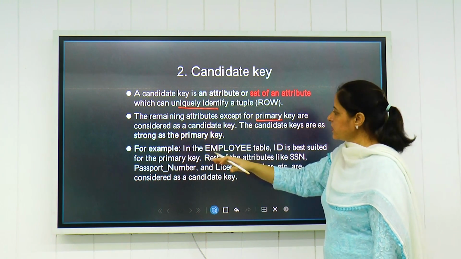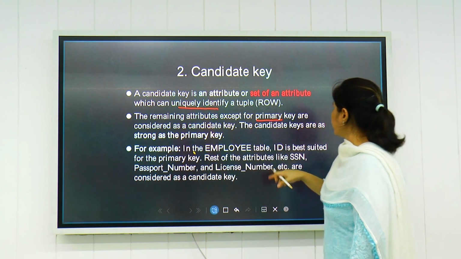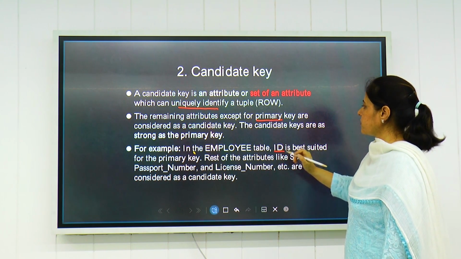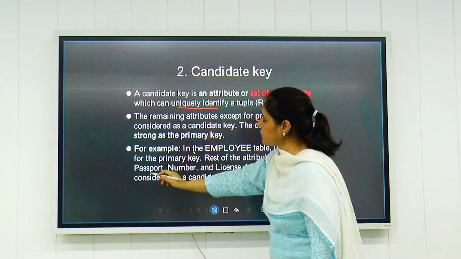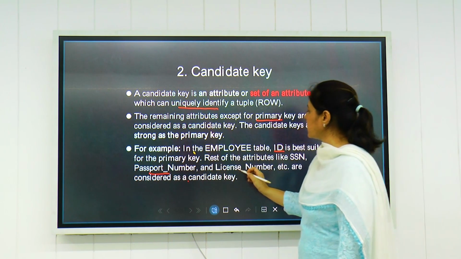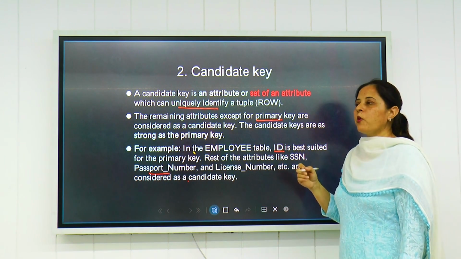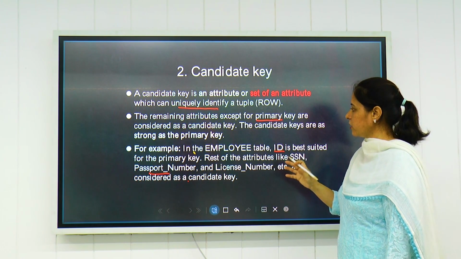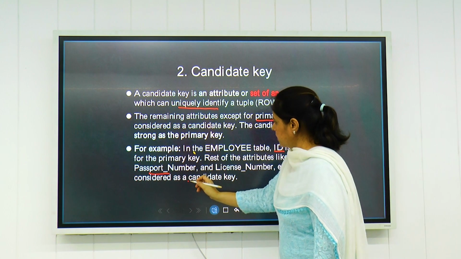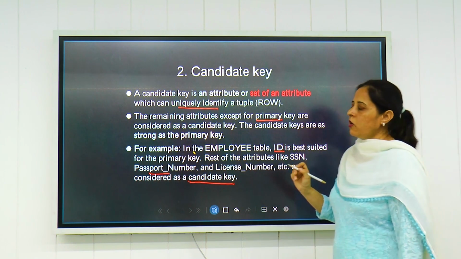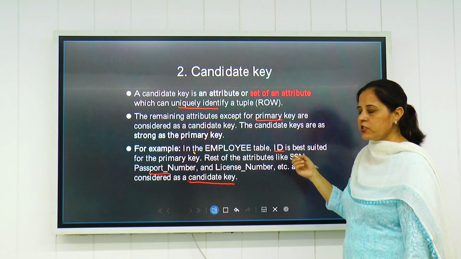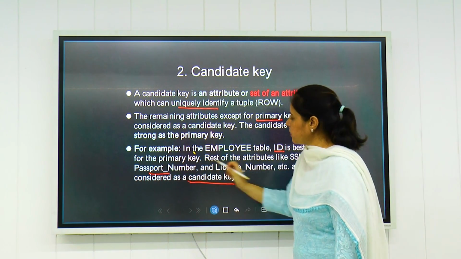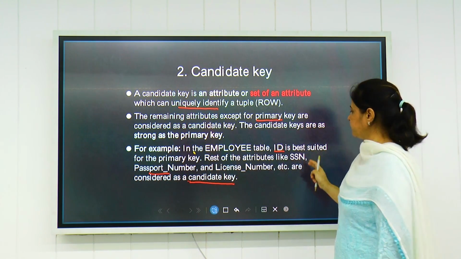For example, in the employee table, we have taken the ID as the primary key, but the remaining attributes, the passport number and license number, could equally have been taken as the primary key, though not right now. They will act as candidate keys, although each entry of these attributes will also be unique.